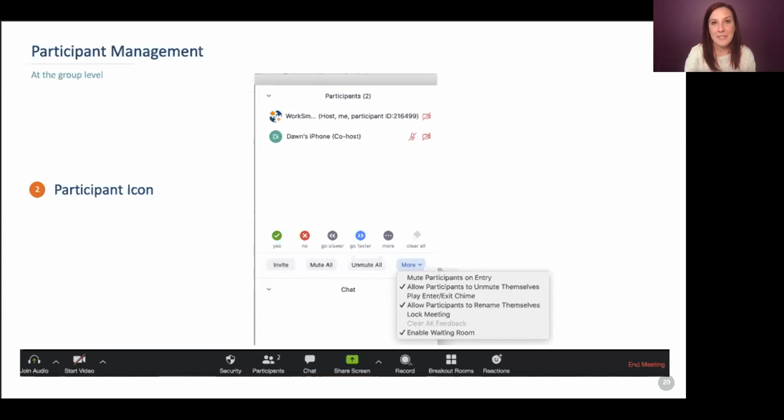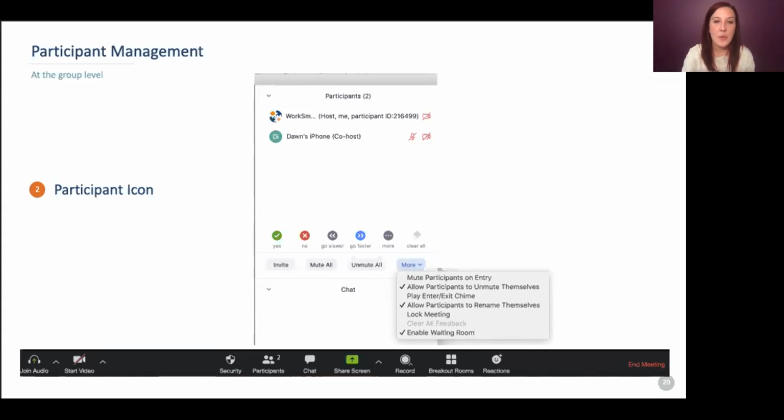Because what that means is that you could have somebody who's joining as John Smith, who you know is somebody at your office, whose name maybe they found on your website. They can name themselves as that and happen into your meeting that way. So I really don't recommend that you allow them to rename themselves. If you have that enabled, they can make their name whatever they want it to be, whether that's the name associated with their account or not.